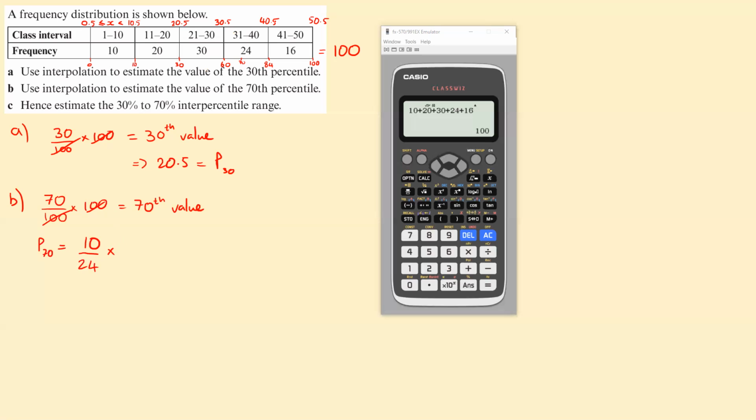So from 30.5 to 40.5, that class width is 10. That will tell me how many to go into this category. But remember, this category itself actually starts at 30.5. So when I work out how far this actually is along in the class interval, I need to remember to add on my starting value of the class, so 30.5. If I put this into my calculator, that will tell me my 70th percentile. So 10 out of 24 times by the actual class width here, which is 10. That gives me